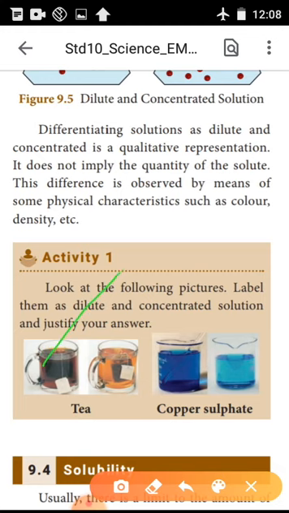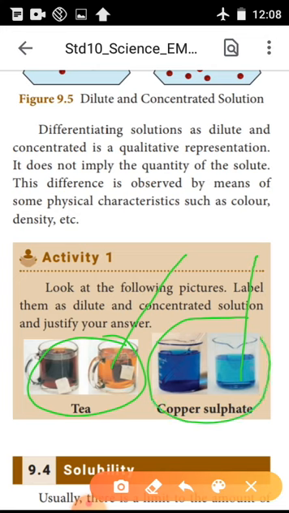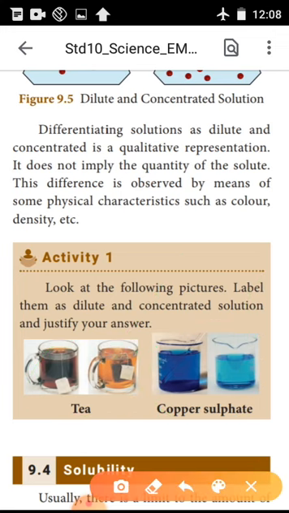The first teacup is concentrated solution. Like that, the first copper sulfate solution is concentrated solution because the amount of solute is larger. Then the second teacup and the second copper sulfate solution, this is dilute solution because the amount of solute is lesser. Then how will you identify these two, also coffee, these two also copper sulfate solution? Because if the amount of solute is larger, the color will be